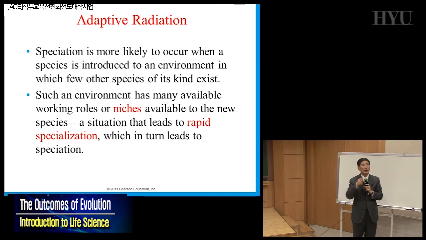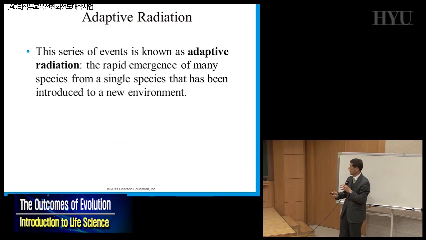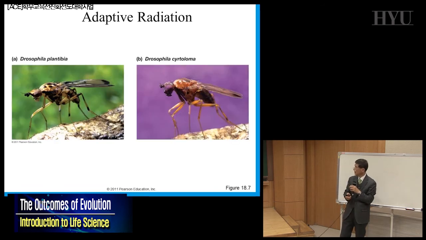It's called adaptive radiation. In other words, this situation led to very rapid specialization, in other words, speciation, and then it becomes adaptive radiation. So this series of events is known as adaptive radiation, the rapid emergence of many species from a single species. Example, again, this fruit fly